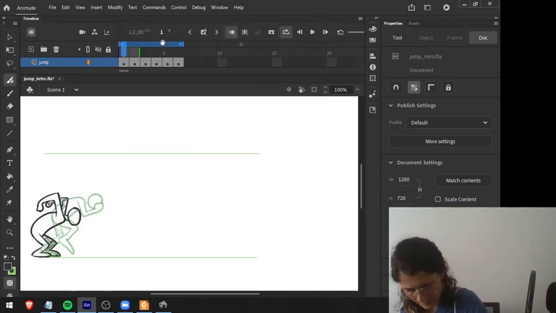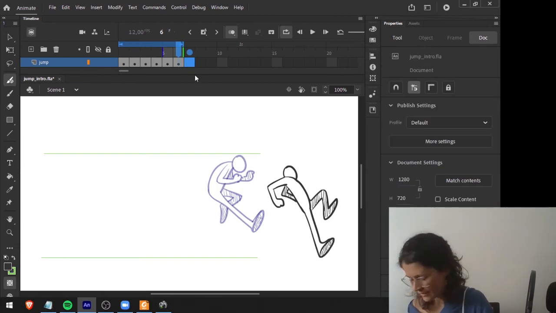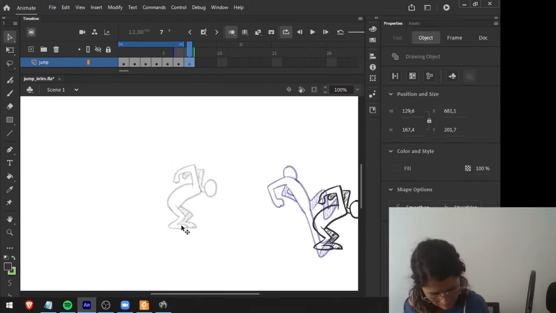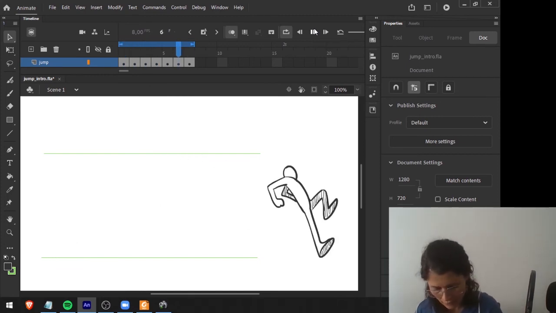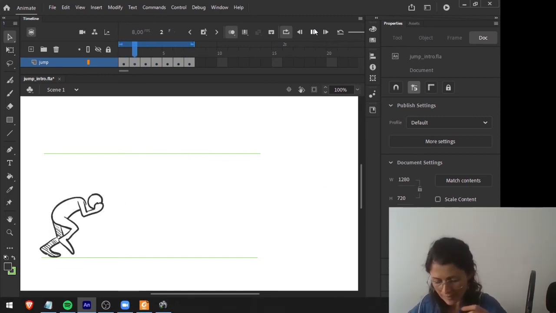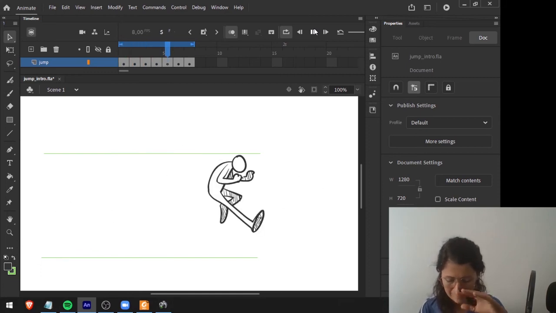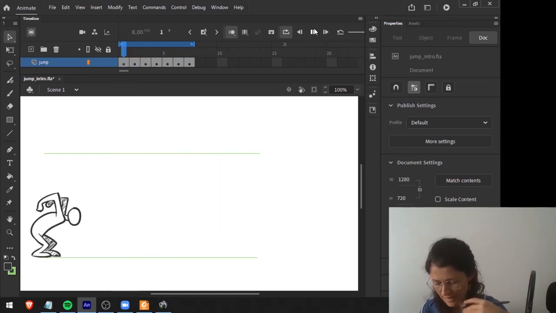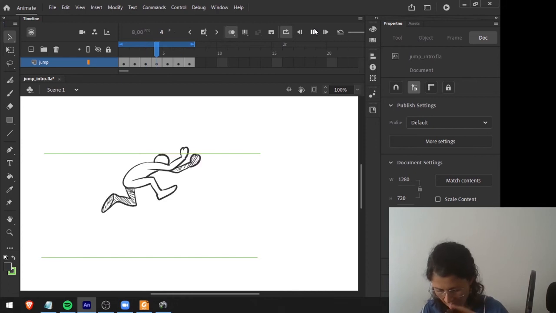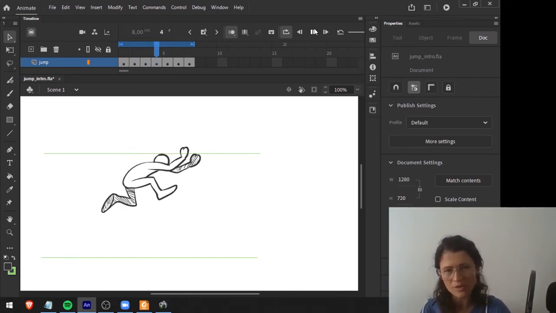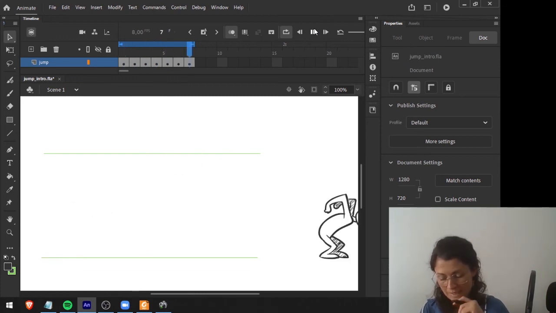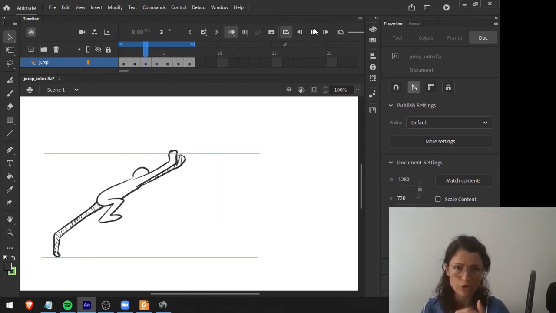Okay, so now let's add this one there. So yeah, there we go. There's a lot of flexibility here. However, we can feel like something is not right, because I see all the poses and I can see the flexibility of each pose. However, this jump doesn't seem natural. And why? Because the timings of each pose are not correct, okay?